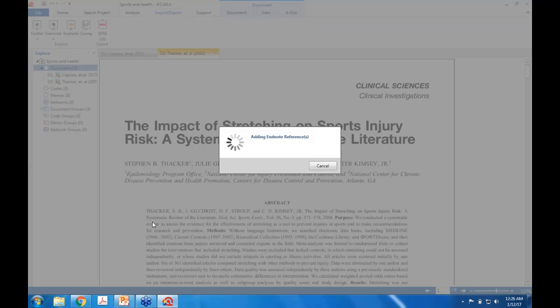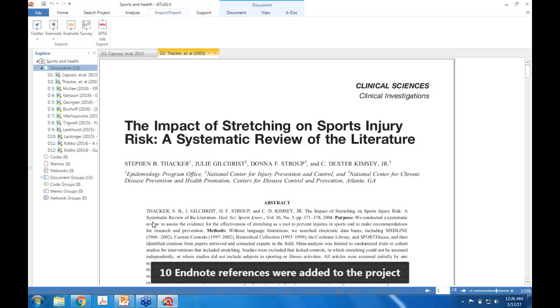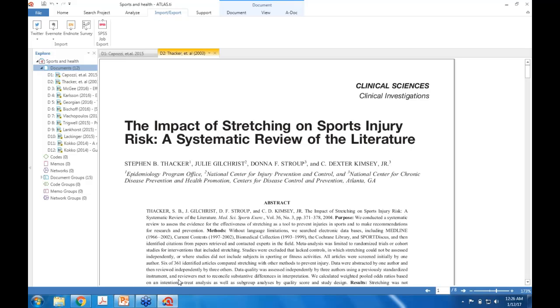Okay, it depends on the size of the document that you want. If you are adding hundreds, then it might take a longer time. Once done, it will tell us, yeah, these 10 documents have already been added. Here they are. Okay, my documents D3 until D12 are all the documents that I have added from the XML